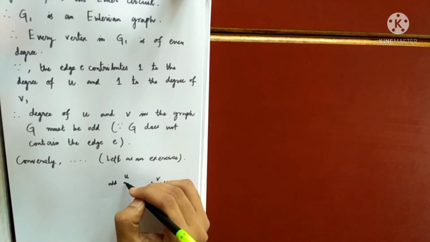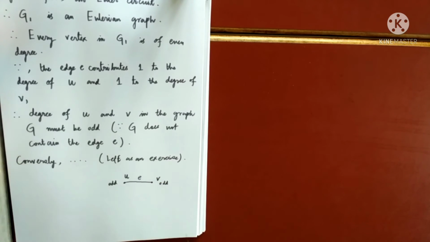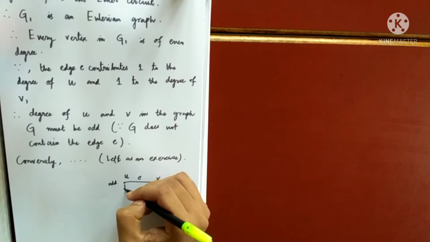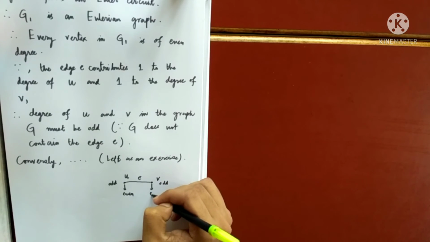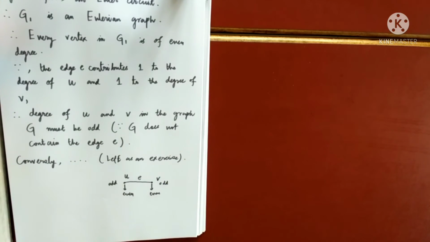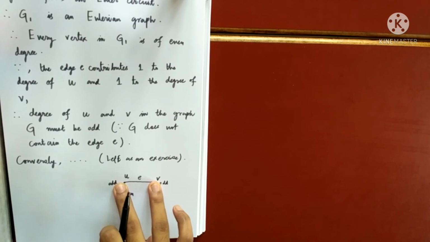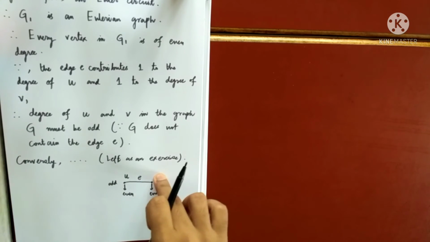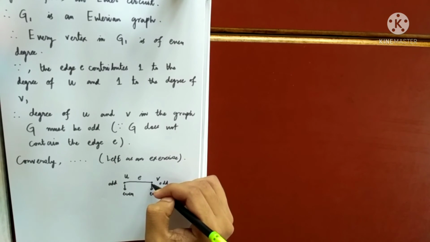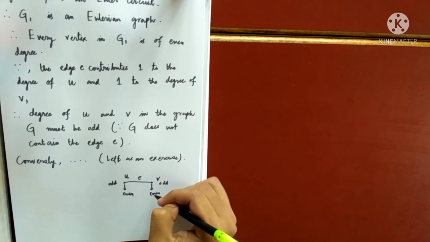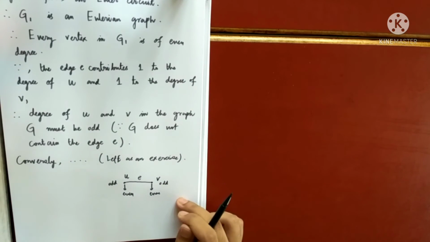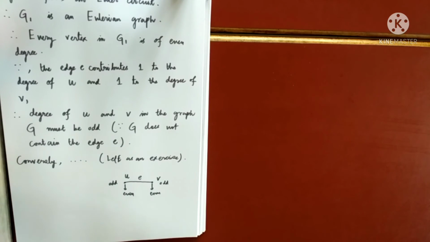What you do is draw this edge E again. Due to the construction of this new edge E, the degree of U becomes even and the degree of V becomes even, and the degree of all other vertices is already even according to the assumption. Only 2 are of odd degree, which I am naming U and V, and I am drawing an edge between them. Due to the edge, they are of even degree, and the rest are all of even degree. So this graph is an Eulerian graph, as it contains an Euler circuit.